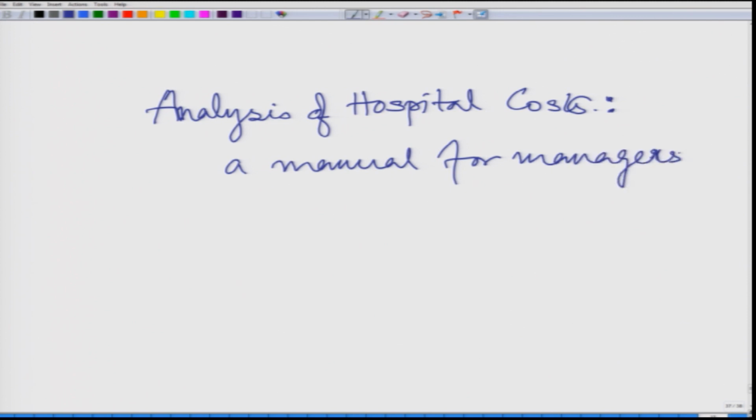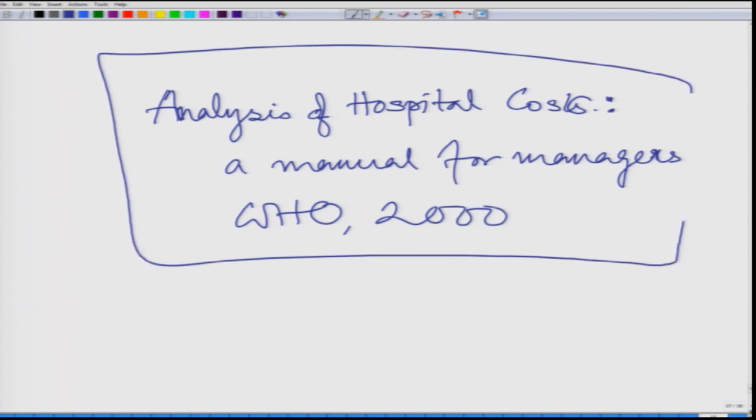This is a document published by the World Health Organization in 2000. You can go through this, and you can get several articles by NCBI or by BMJ who have